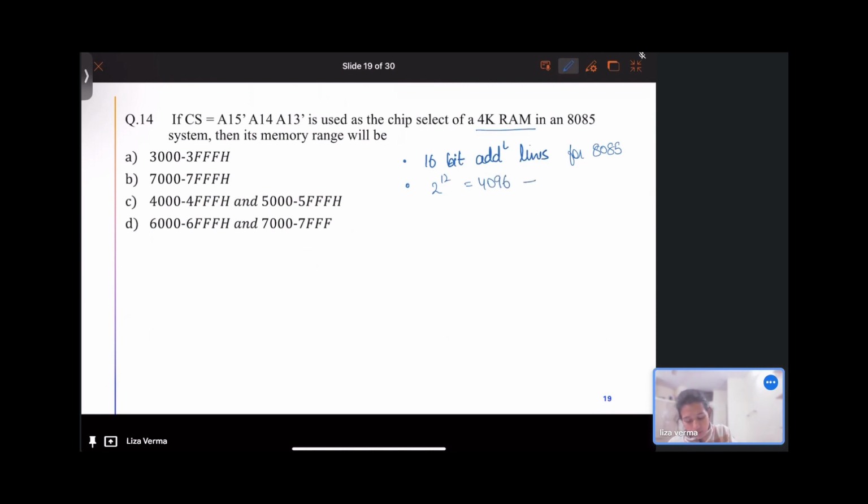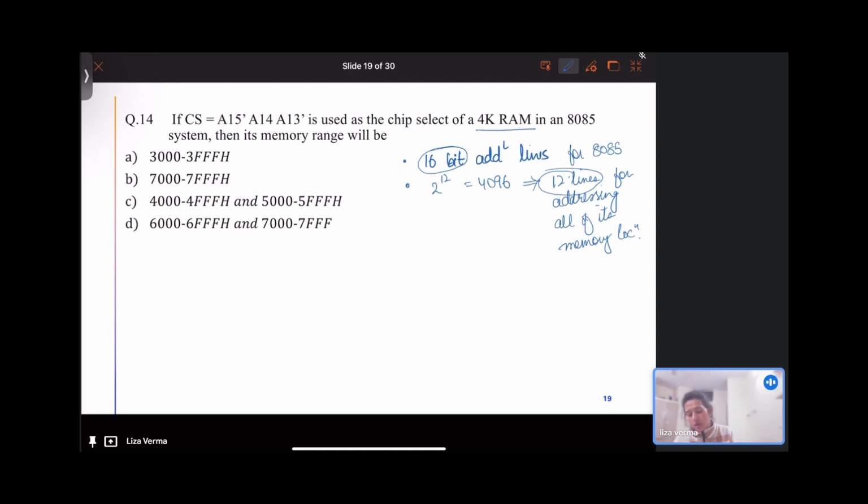That means it requires 12 lines for addressing all of its memory locations, right? So out of these 16 address lines of 8085, 12 lines will be used up for the addressing of